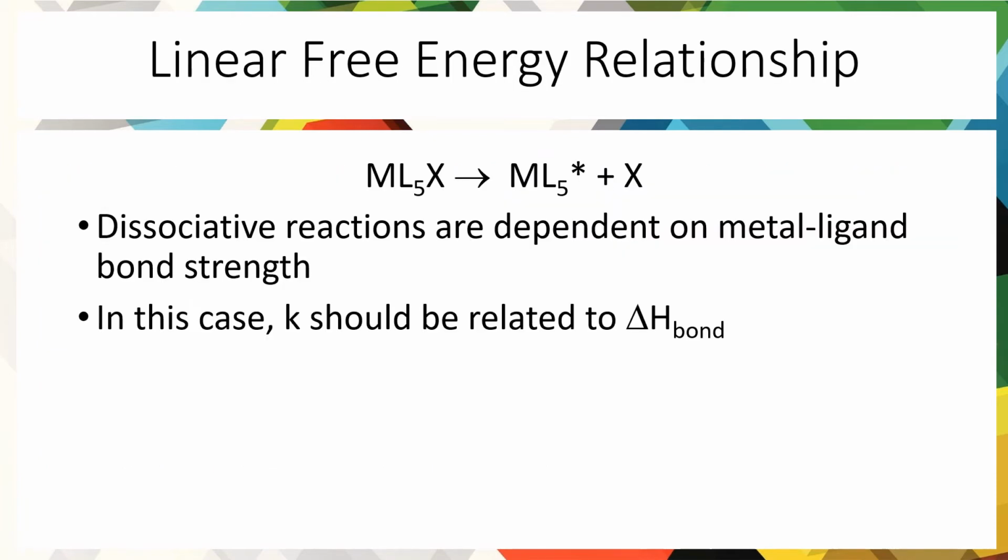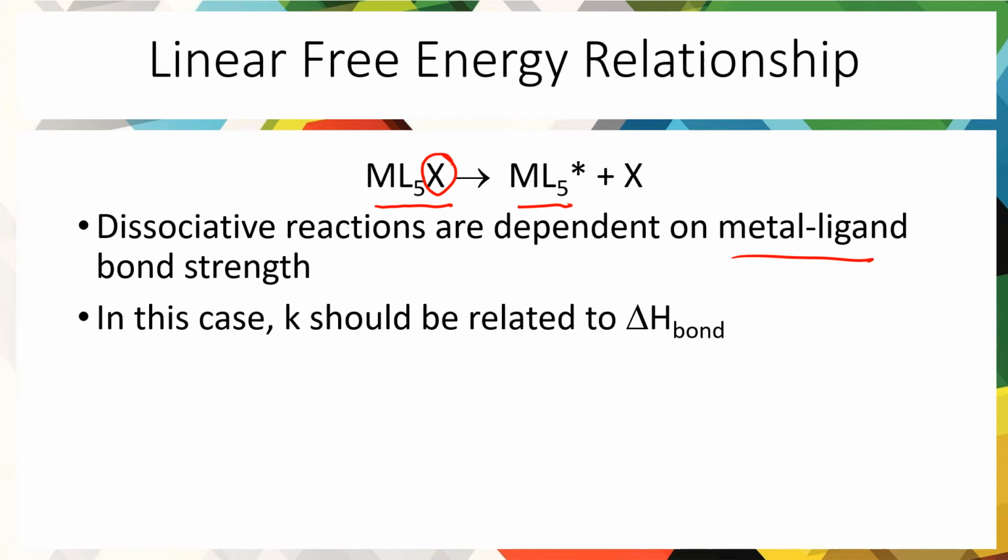So there's a feature that we can use to quantitatively identify whether a reaction is dissociative or not, and that is by thinking about the rate determining step in a dissociation reaction, which is the breaking of a metal ligand bond, right? So if we start with a complex MO5X, where X is the leaving group, we have some incoming ligand Y, but we're not worried about what that is at all because it's not involved in that rate determining step, making this intermediate. And so what should be true in a reaction like this, since all we're doing is breaking a metal leaving group bond, right? Metal ligand bond, is that